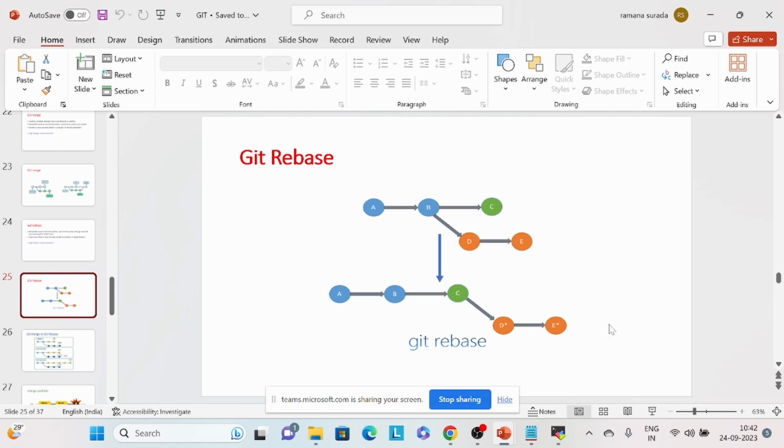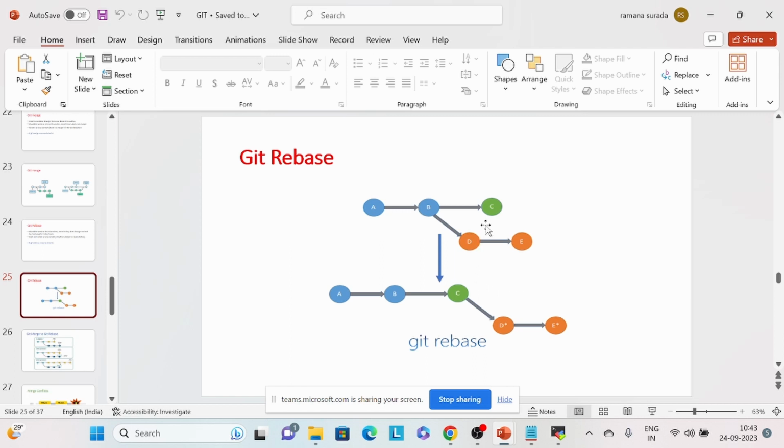So when will you use rebasing? Whenever you are doing development work, whenever you are writing some code, and it needs any dependencies or prerequisites, or it needs anything from the base to write the code, in that case he needs to rebase. These things will be done in local, not on the remote, because whenever you do rebasing on remote,